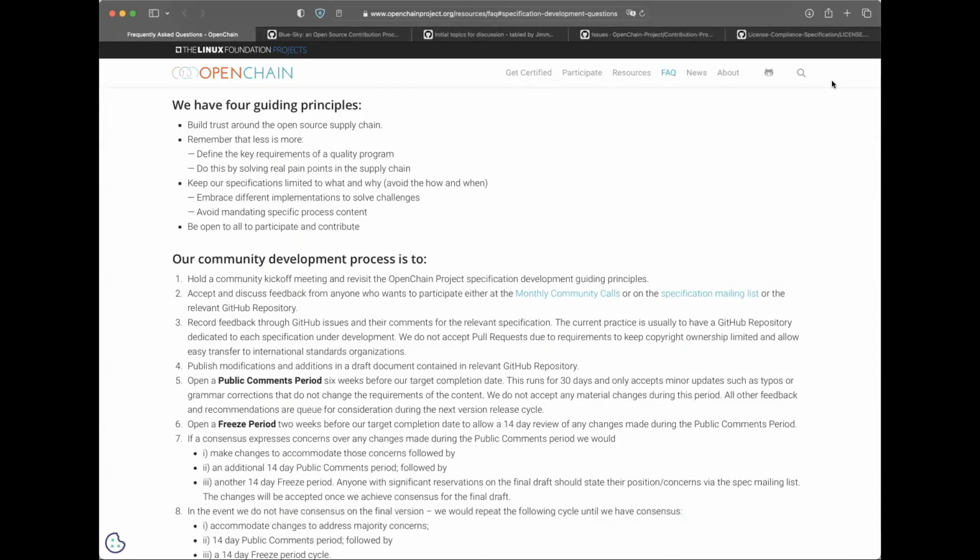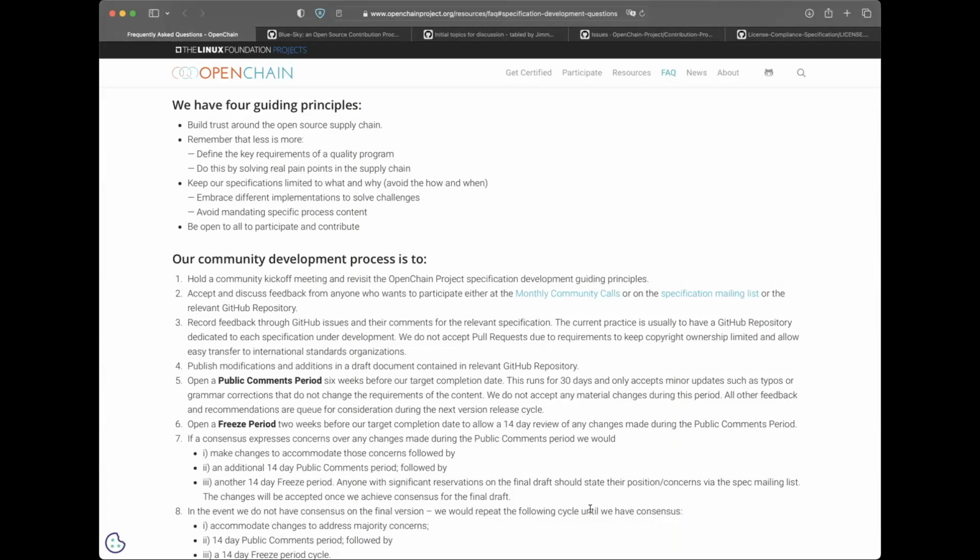So those are the parameters, and thank you very much for clarifying things. Adding that we do not accept pull requests is a good add. Making sure that it's clear people can actually open issues on the GitHub repository instead of monthly calls or spec mailing list stuff, good add. And in practice, we're in that transition period of trying to make sure that we can explain things as clearly as possible.